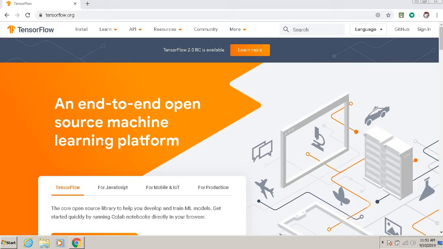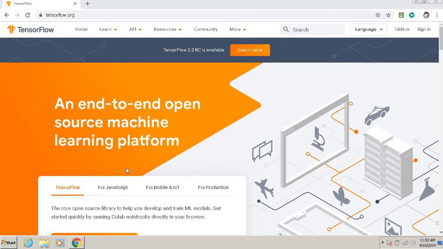So TensorFlow provides you a platform where you can develop, deploy, etc. your models. Now in TensorFlow, you can use GitHub where you have some models which are already created. You get a community. You can sign in with your Gmail account and you can execute your models on cloud.